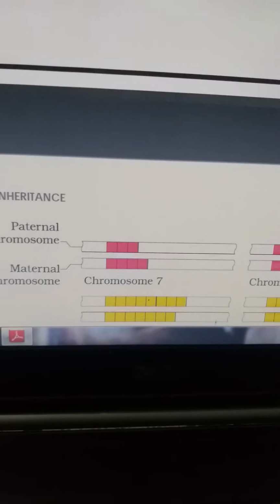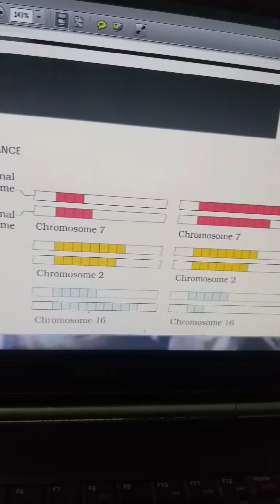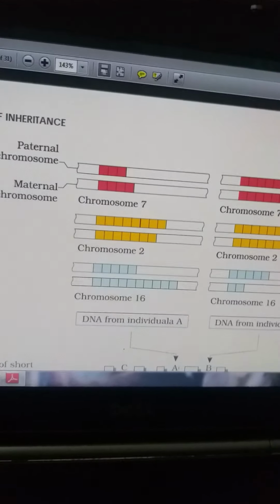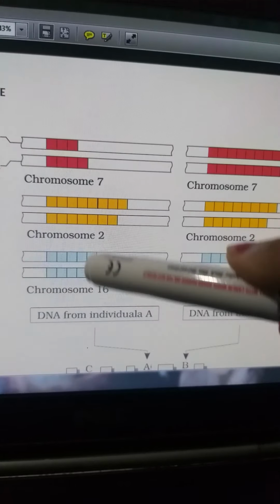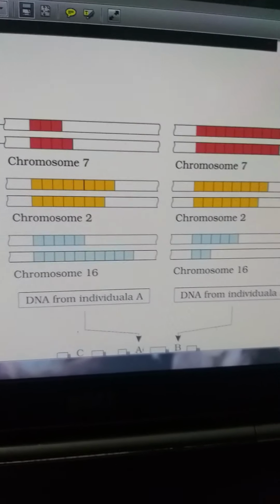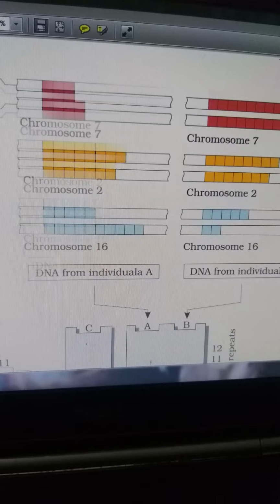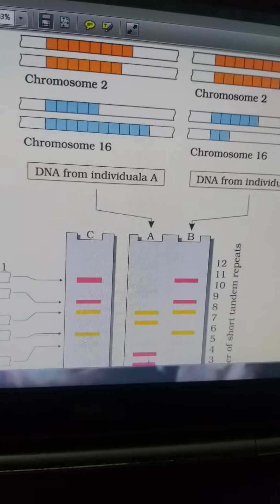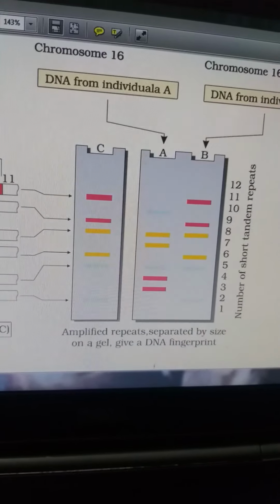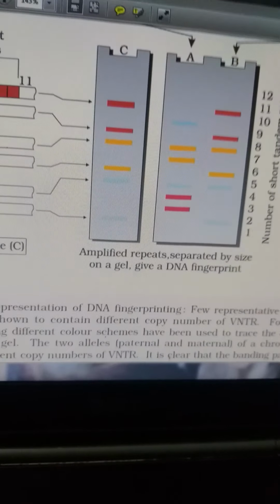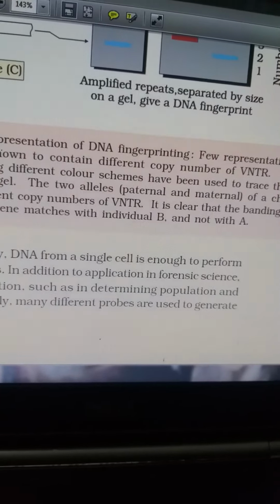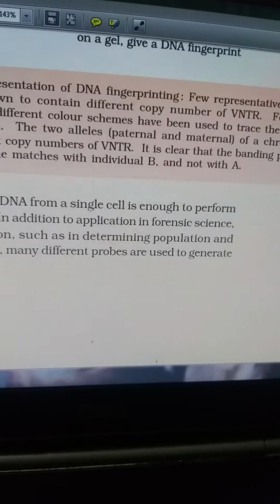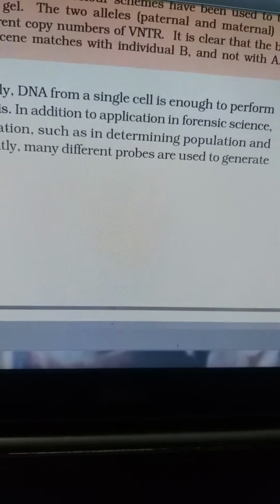In this figure, if you focus on the screen, this is basically how DNA fingerprinting is done. See the parental DNA. The banding pattern of DNA gives you a close hint, and when you take it out you can splice them. You can place them, make the repetitive segments, and make out these individuals. Different probes are taken, and we can use them to generate the DNA fingerprint.